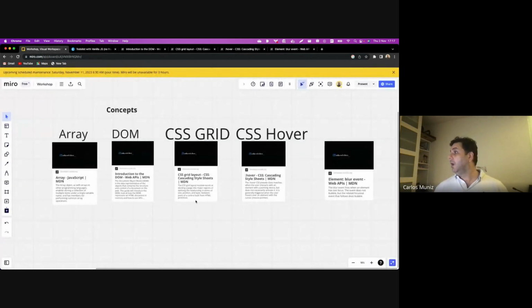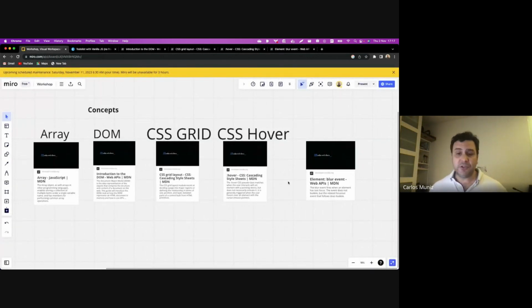And the blur event, or the events from JavaScript. In this case, this is a special one. It's common for us to see the click of the button, but the blur is not so common to use. This is another concept that you will see a little along this workshop. So, returning to the exercise,